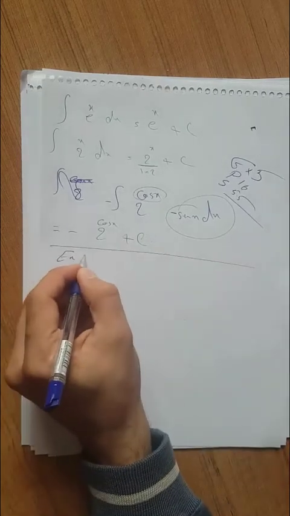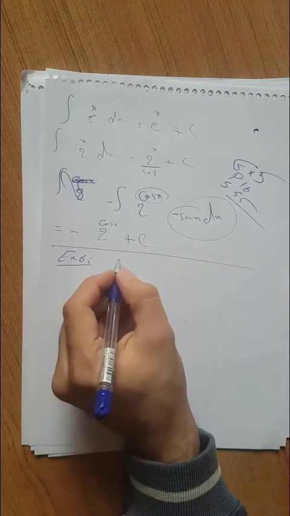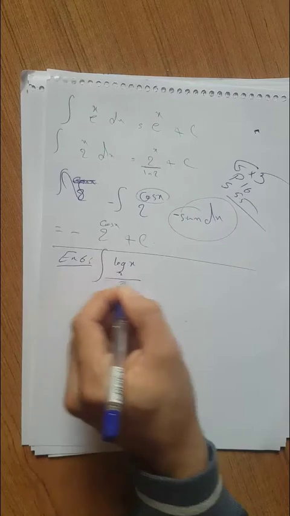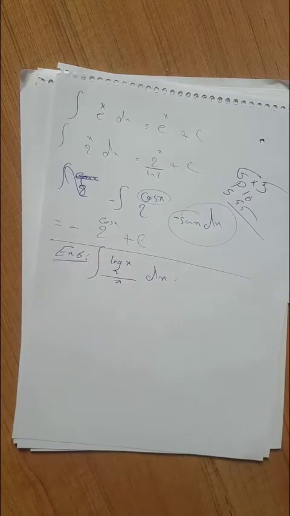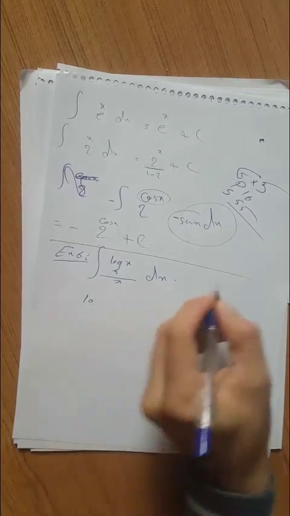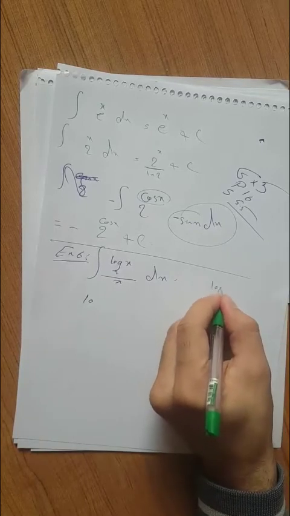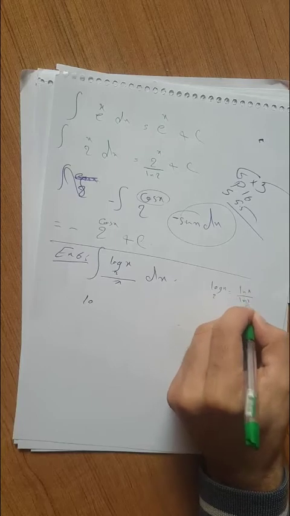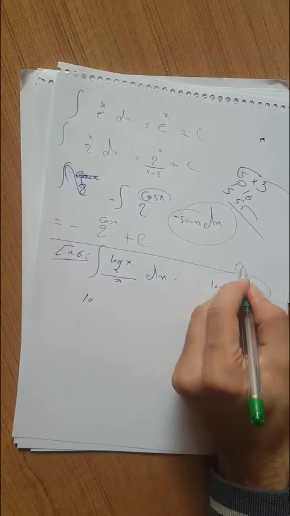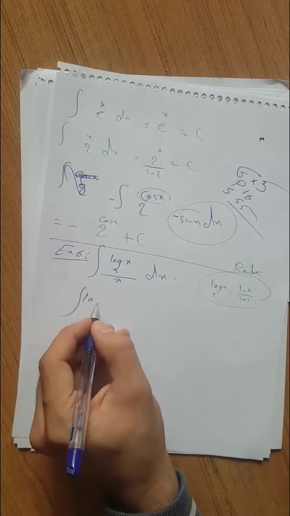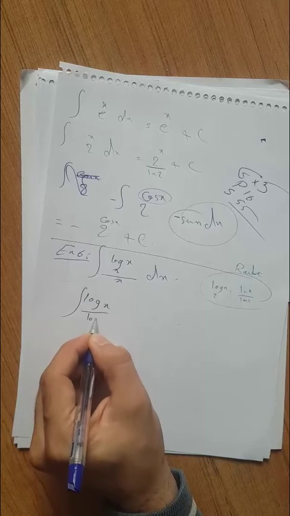Example 6, there's an idea in it. It's log of 2x over x dx. We didn't mention how to solve the log, so that's why I say there's an idea. Here for the log we cannot solve it directly, so we have the rule: log of x base 2 is equal to ln of x over ln of 2. Okay, this is the law rule. So that's why we change the log of x over log of 2,